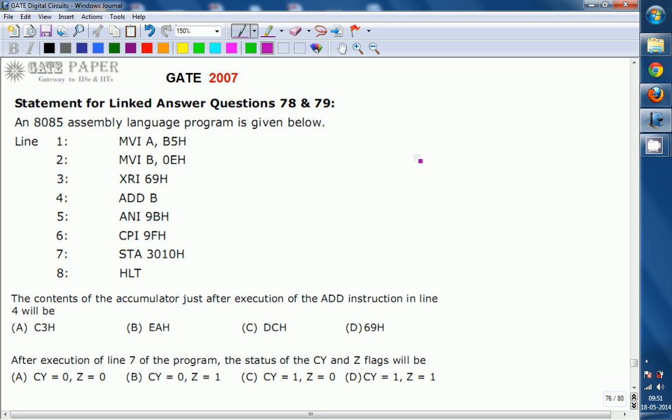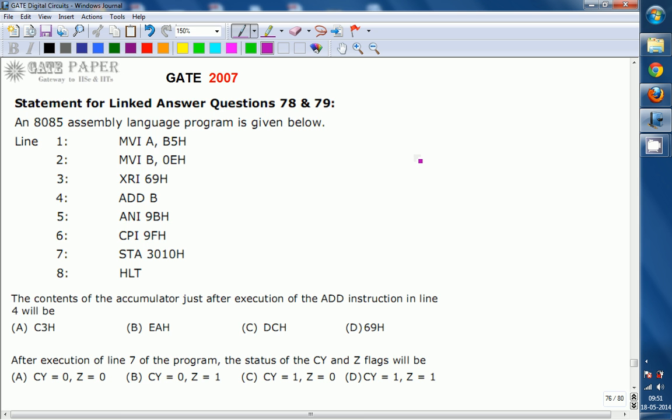Hello, we are discussing the GATE 2007 ECE paper, and this question is related to microprocessors. This question is a linked answer question for the next two questions. So look at this one. An 8085 assembly language program is given below,